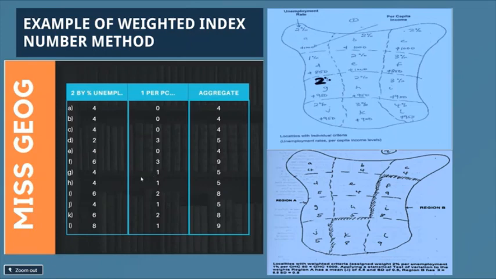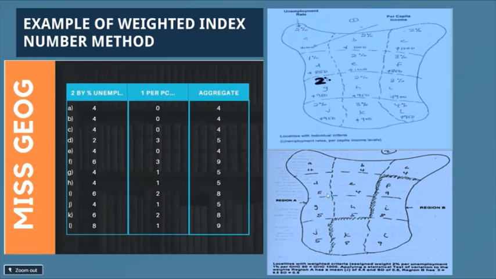And we will do this for all the territories. And once we are done, we will just add these two columns, the column for 2 times percent unemployment and the one for per capita income. We are going to add them, and that will give us the aggregate, which is represented in the second map